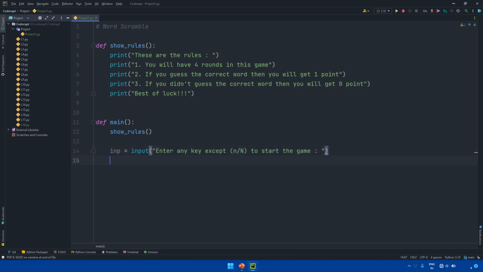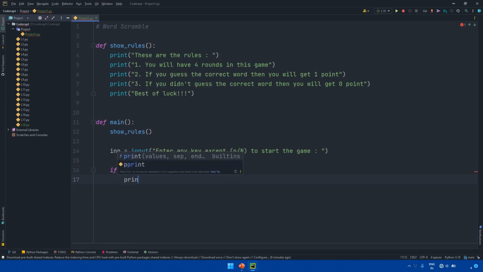Alright guys. So if the user enters n, small n or capital N, then it means that he or she doesn't want to start the game. But if the user is not entering these two characters, that means he wants to start the game. So here I'm going to check whether the user wants to start the game or not. So if input in small n or capital N, that means you don't want to start the game. So I'm going to say print you don't want to start the game,